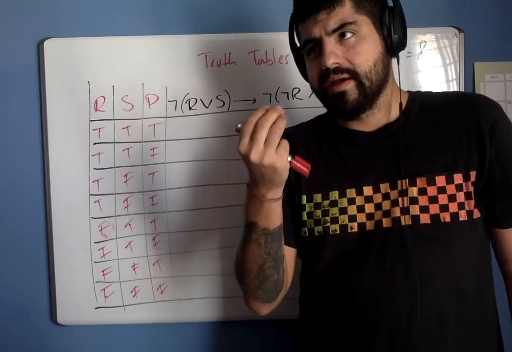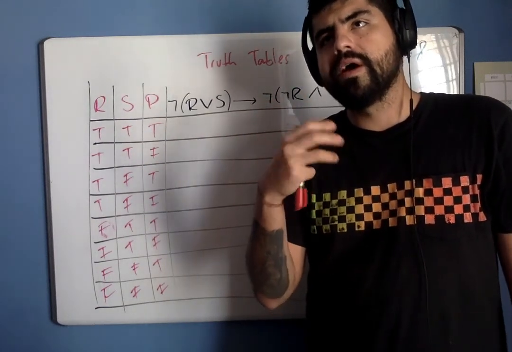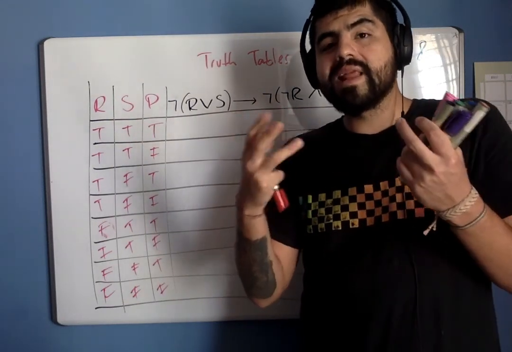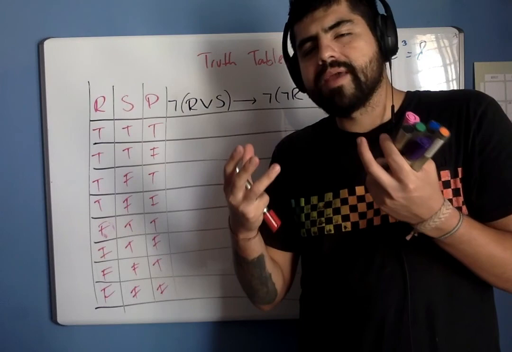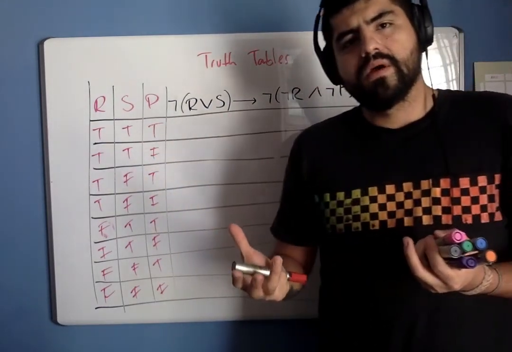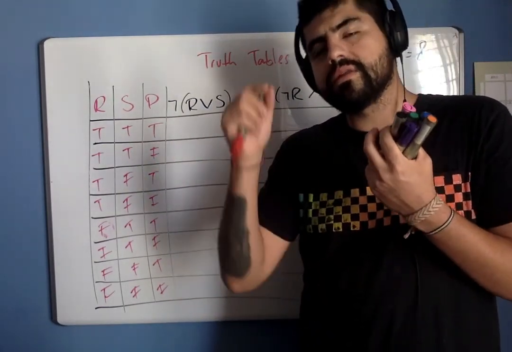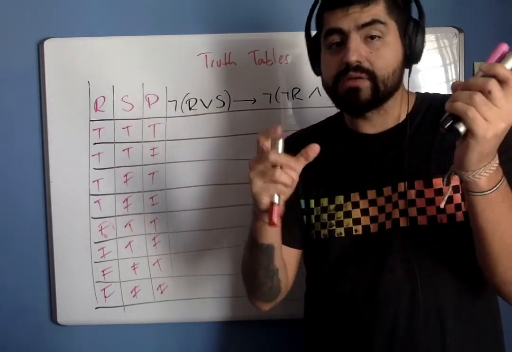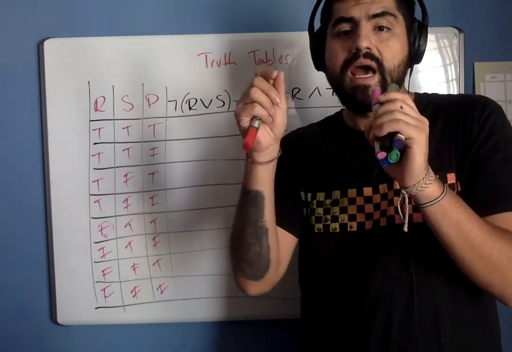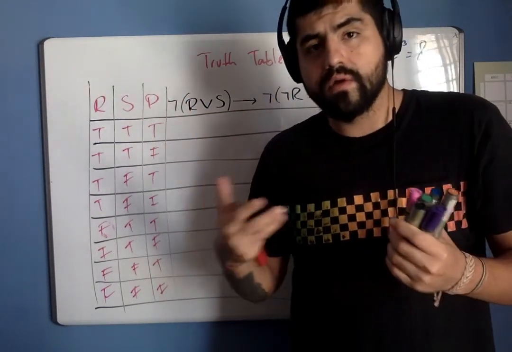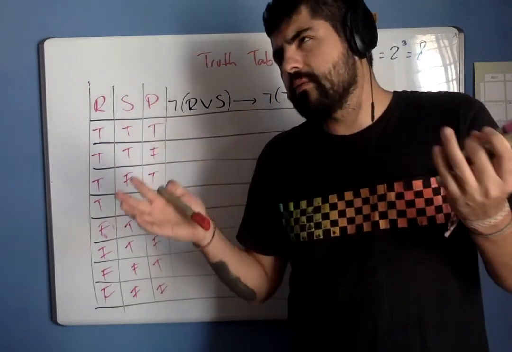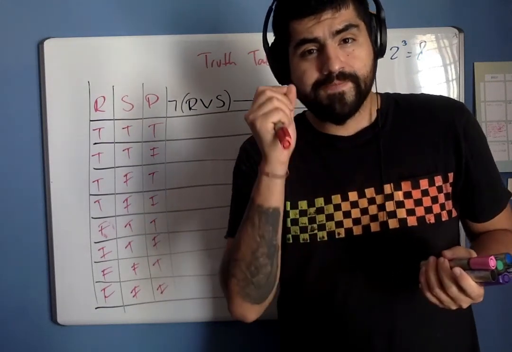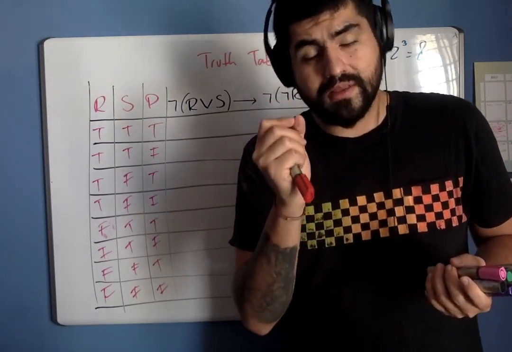Because if you find which one is the primary logical connective, you can see the behavior of this expression. You could say, okay, this is the primary logical connective, and then this links or connects this expression with this expression, or in order to solve this, I need to solve first this or that. So one of the tips that I can give you is to always search first for the primary logical